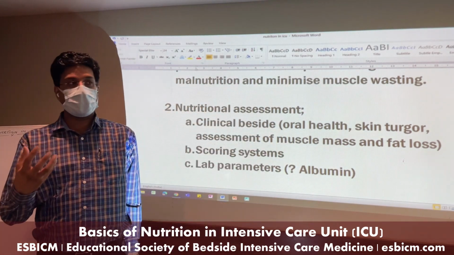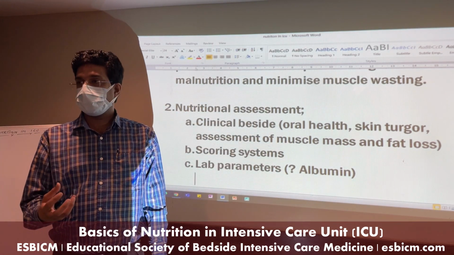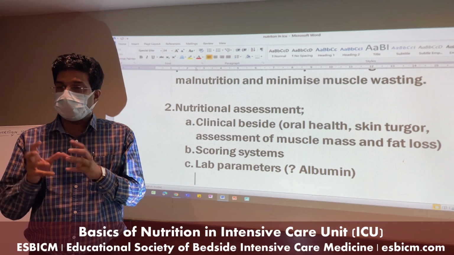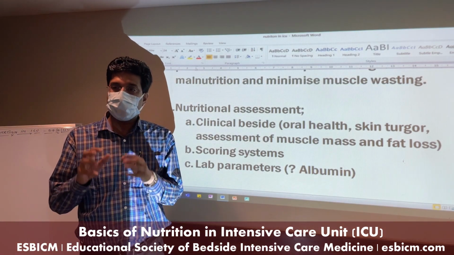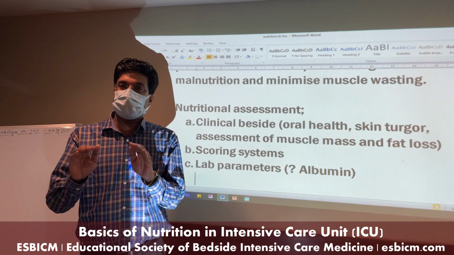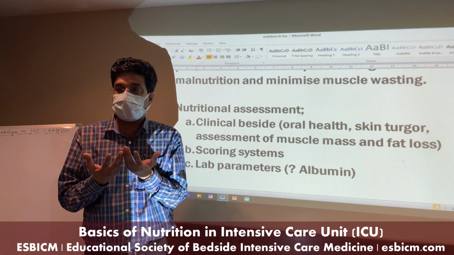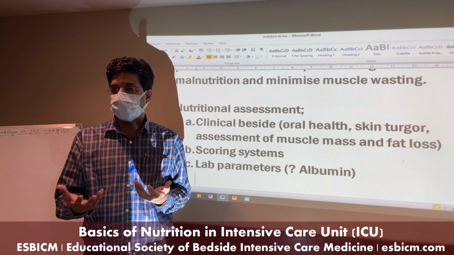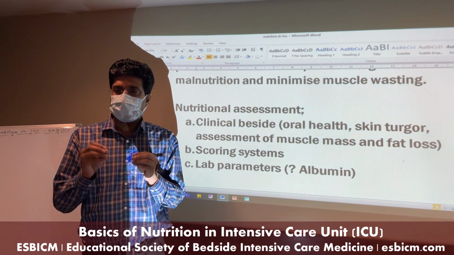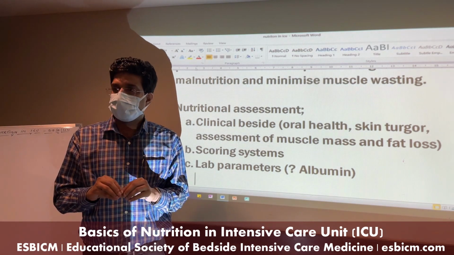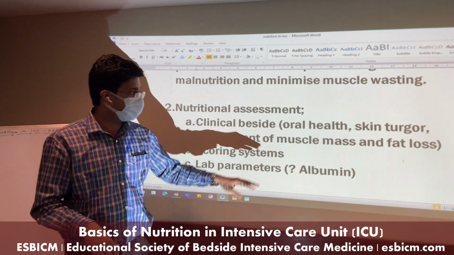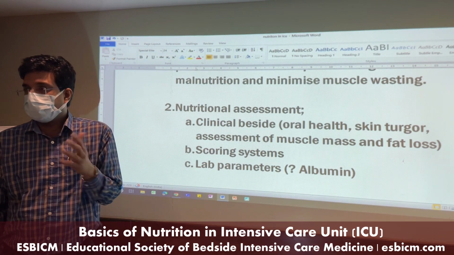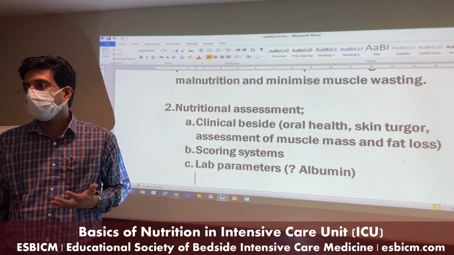See how the oral hygiene of the patient was before coming to the ICU. If your patient has tooth pain, has dentures, or mouth care is not that good, or the patient was bedridden, that patient will definitely have some trouble in taking food. If there is ulceration in the tongue, or the mouth is too dry, look at the tongue as well. This gives you an idea whether this patient was eating properly before coming to your intensive care unit or not. So always check for oral health. If oral health is good, that means fair enough nutrition was there. If the oral health is poor, that means there was some difficulty in taking nutrition.